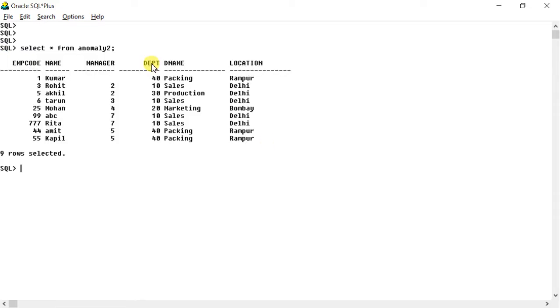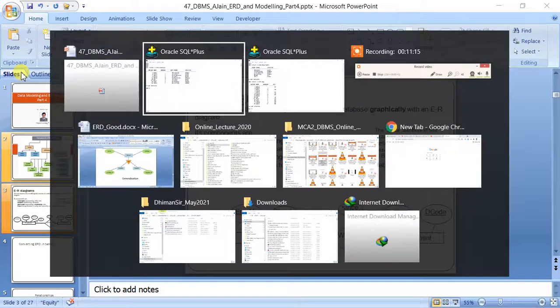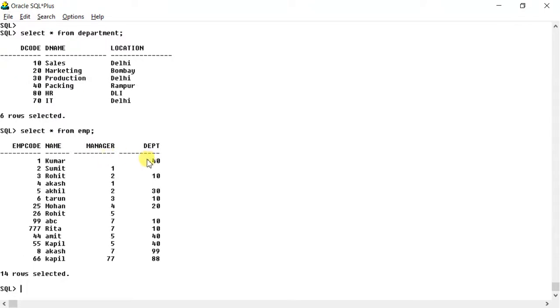Okay, so if anyone of you has this type of doubt, why are we creating two tables, why can we not take department directly in employee, this is the answer. Although this topic will come again in detail during normalization, because some of you might ask this question, that is why I have taken this up. Okay, so it is important that you understand this. As you can see, this problem is solved here. Even if 40, 40, 40 is coming three times, 40 is written only once. This is the most critical and important point of this topic.